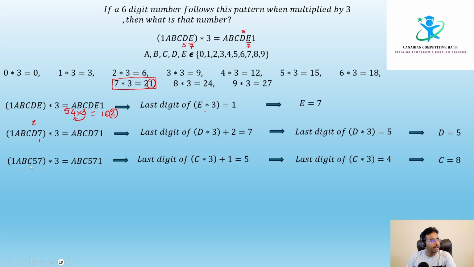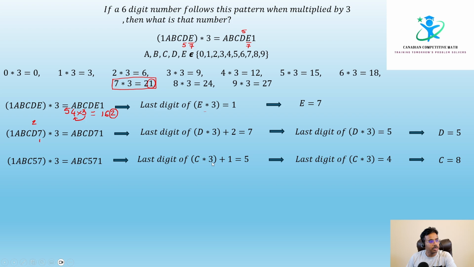If we multiply this number again by 3, here in the hundreds position we have 5. How will that hundreds position 5 come? That will be the last digit of C times 3 plus the carry. Since 5 times 3 will have a residue of 1,